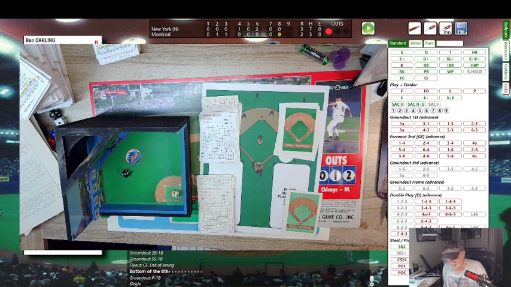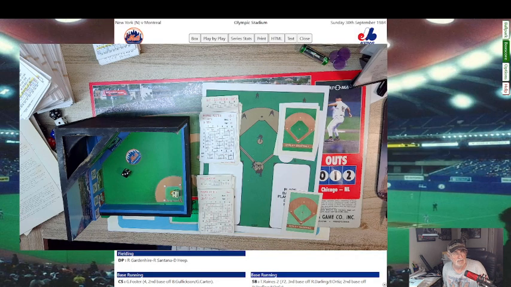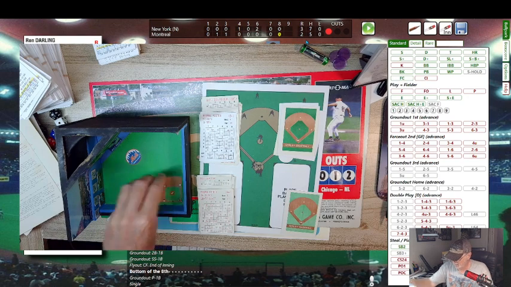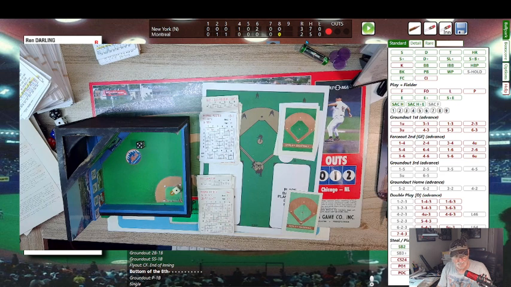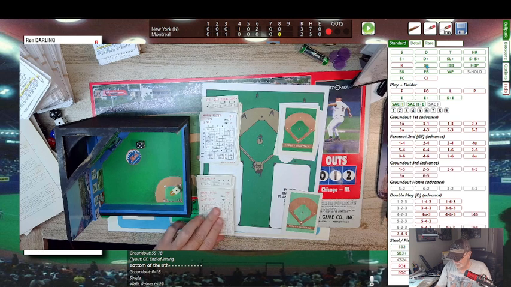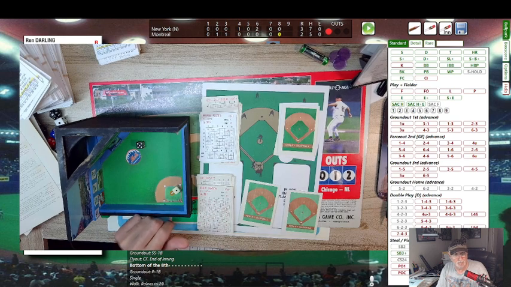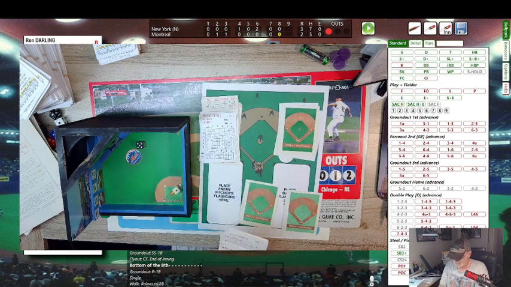All right, so here is a guy named Brian Little. Brian Little today is 1 for 3. He batted .207 on the season. And here goes. Here's the pitch. And that is going to be a 5-1. And that's a 5 and a 1. It's an 8. That's a base on balls. And that's going to be it for Darling. It's going to be Andre Dawson coming up here in the bottom of the 8th with runners on first and second, only one out. So we're going to go and call on Sisk. I should have Sisk here. Let's see.